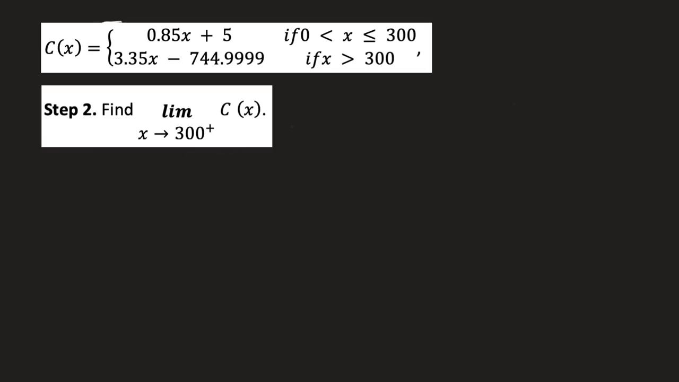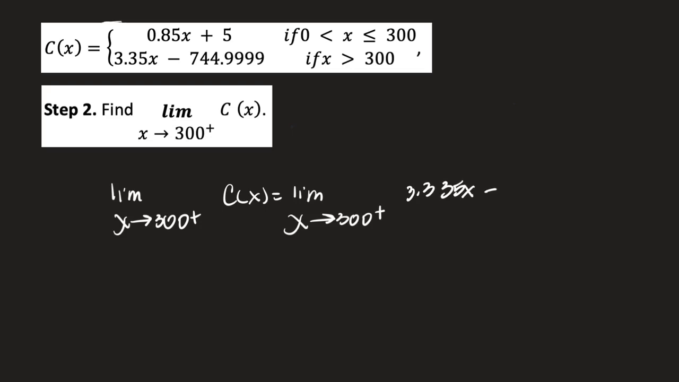For step 2, we're asked to find the limit as x approaches 300 from the right of C of x. So if we're to the right of 300, that means we're bigger than 300, or greater than 300. And so we're going to look at the domain that said if x is greater than 300, we should use the second piece or the second equation. So therefore we have the limit as x approaches 300 from the right of C of x is equal to the limit as x approaches 300 from the right of